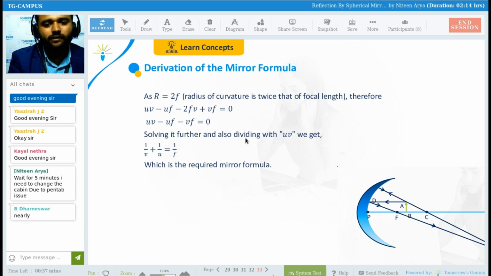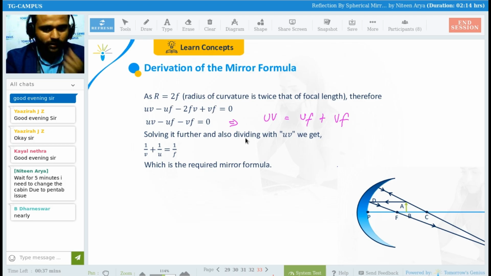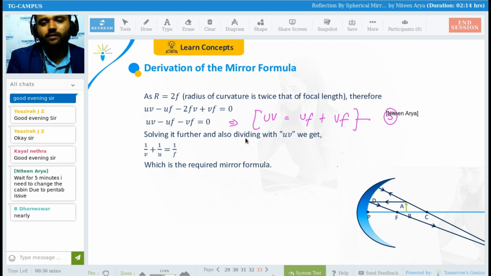So solving it further, we divide the equation UV equals UF plus VF. If we divide the whole equation by UVF, okay, this is one term, not completely UVF. So if I am dividing this equation number 5 by UVF,